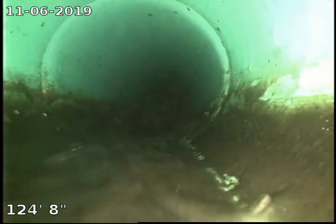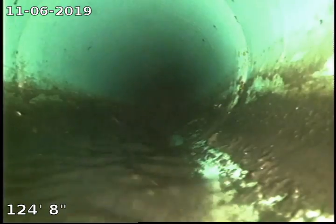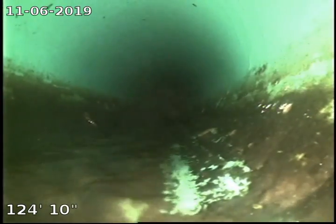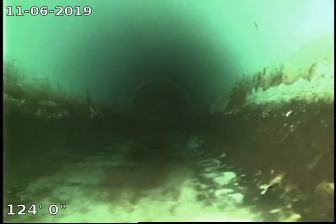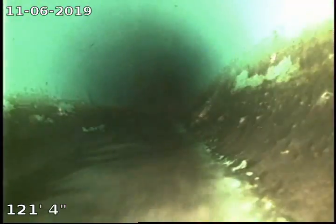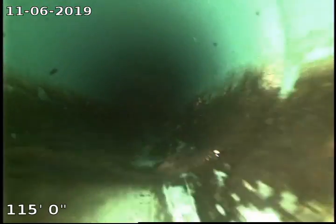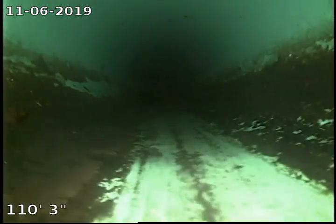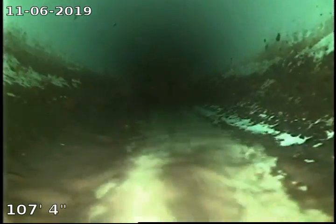So this is a joint in the pipe. So we're at 125 feet basically. Let's see how long these sections are. Typically they're 10 feet in length. There's the next joint. So yeah, 115. So these are 10-foot sections. That's what was a little puzzling about that short section. Not an issue, but it may have just been where the